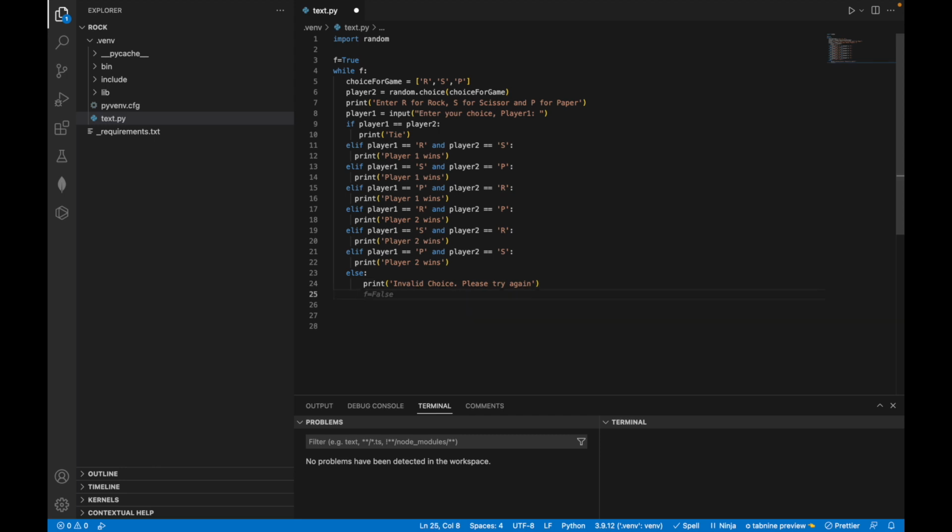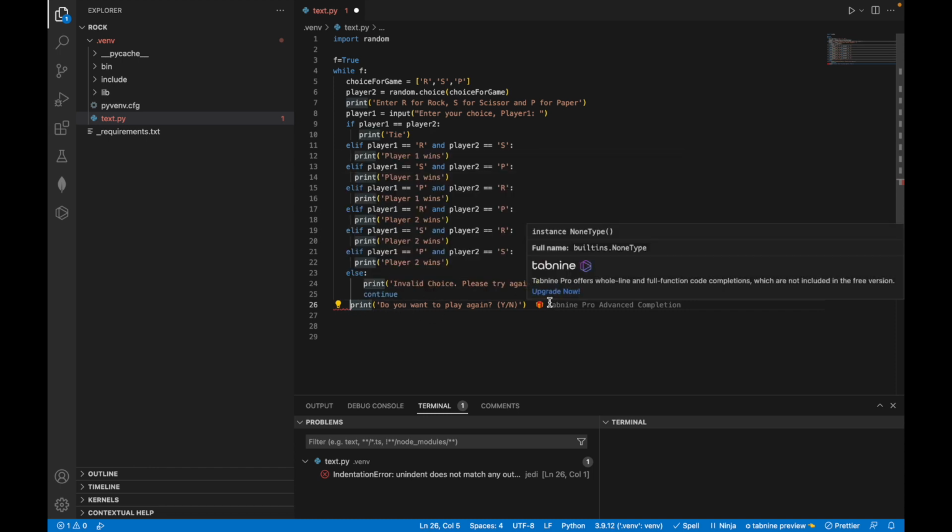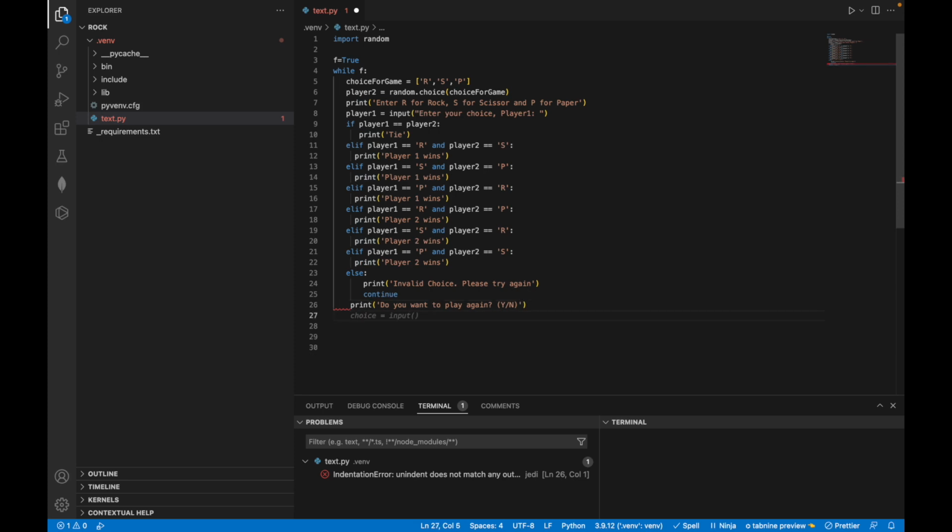After that we can make the loop again, like continue. Make it continue, so that it goes again, it chooses again. After that we'll print that do you want to play again, yes or no. So here we'll not print, first we'll print, and then we'll give the input, or instead of that you can just add the input. Instead of print we can just say that